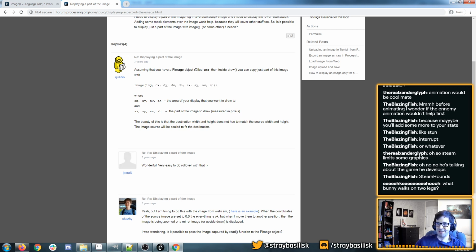This is handy. It looks like when you use this image function, it's actually possible to say, rather than drawing the whole image,